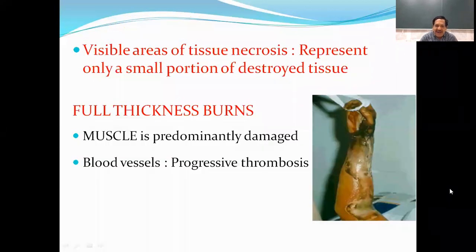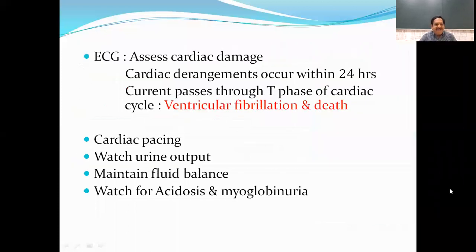Basically, the entry wound is very small, the exit wound is small, but they represent only a small portion of the destroyed tissue. Throughout the length, from entry to exit, the tissues are damaged. And there is progressive thrombosis, because blood vessels will go into thrombosis. Muscle is predominantly damaged. In full thickness burns, this is most important. And in every burn due to electrical causes, an ECG must be taken in the casualty itself